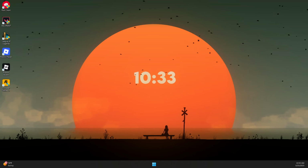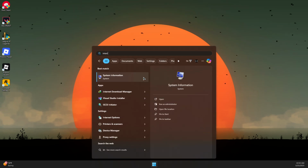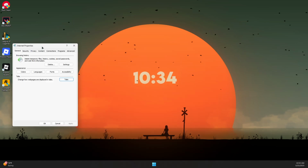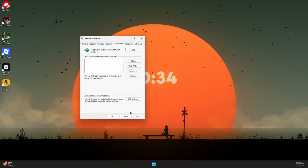So here's how to fix this site can't be reached issue in Windows 11. First, you want to open the Start menu and search for Internet Options, and then open the Internet Options option. In here you want to go to Connections and then go to